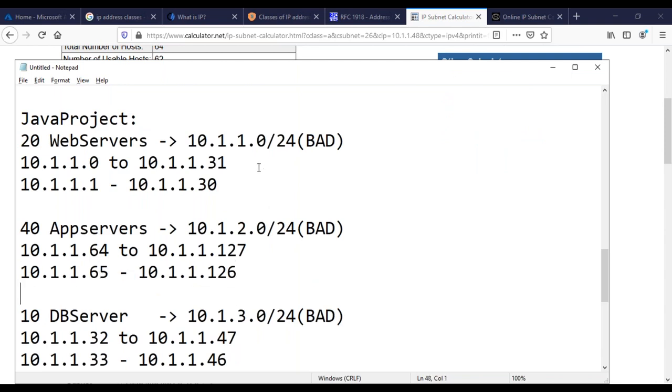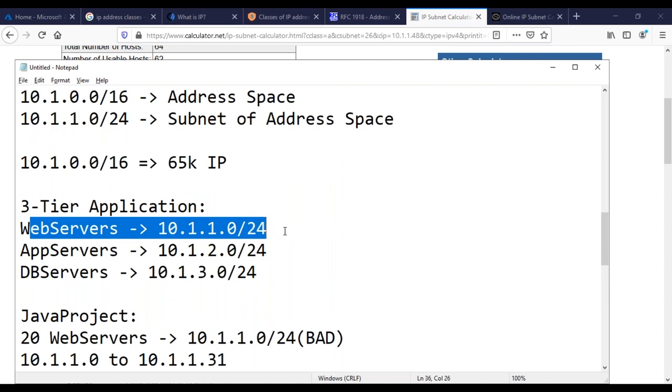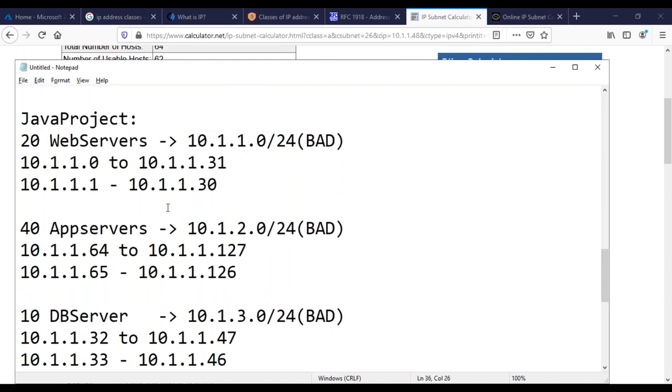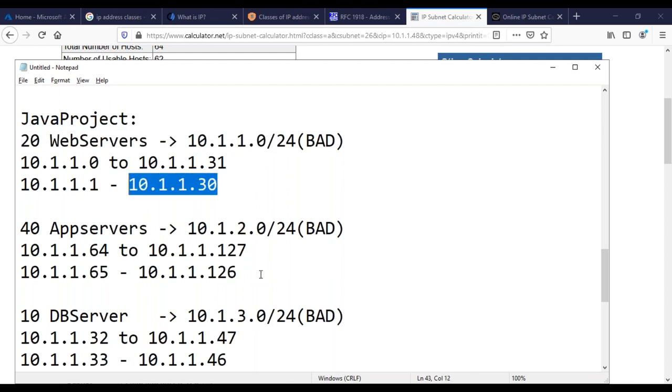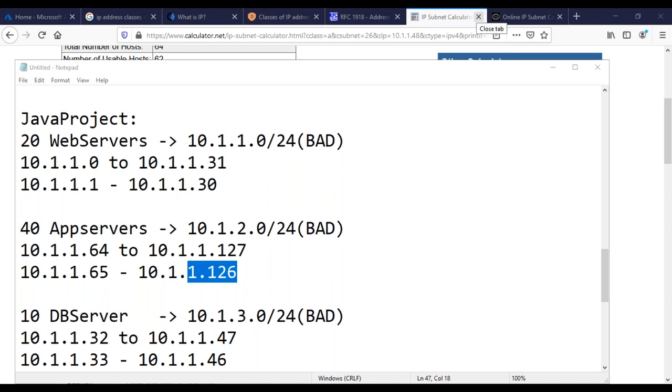This is how I took only one network, guys. I gave only one network, and I have divided it into web, app, and DB. You should not waste the IP addresses. This is a bad method. Giving the whole subnet is bad. I just took one /24 and converted it like this. This is how effective subnetting should go. You should not waste the IPs. Okay, have you got my point, guys?